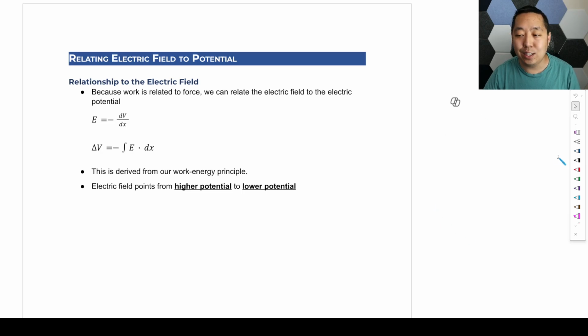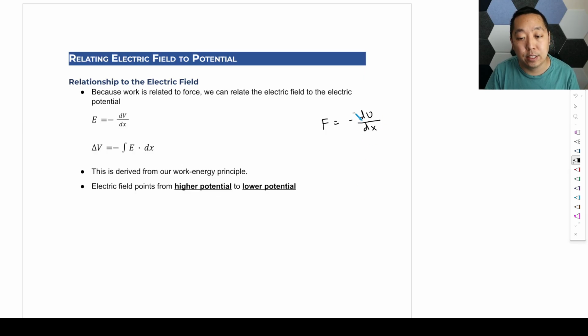All right, so let's take a look at how the electric field is related to the potential, because work is related to force, so we can actually relate the electric field to the electric potential. So remember, if we look back at our work and energy, if we think about a system, the internal energy, we kind of say the force is the negative change in potential energy,